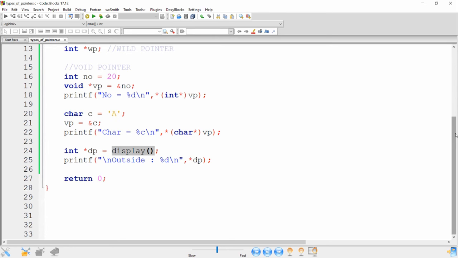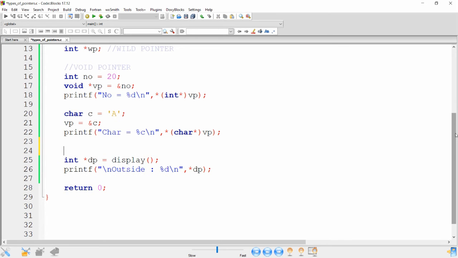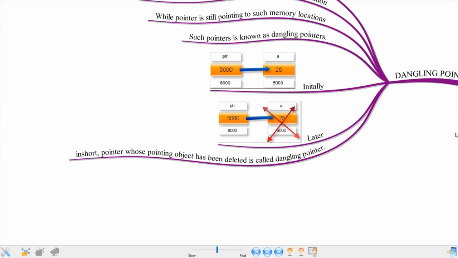So what is a dangling pointer? A dangling pointer means a pointer which points to a variable which does not exist. Earlier it existed, the pointer was pointing to the object, and that object has been deleted. The pointer still pointing to that particular variable is known as a dangling pointer.